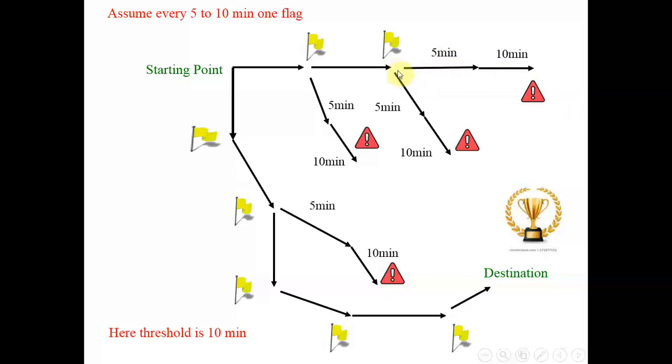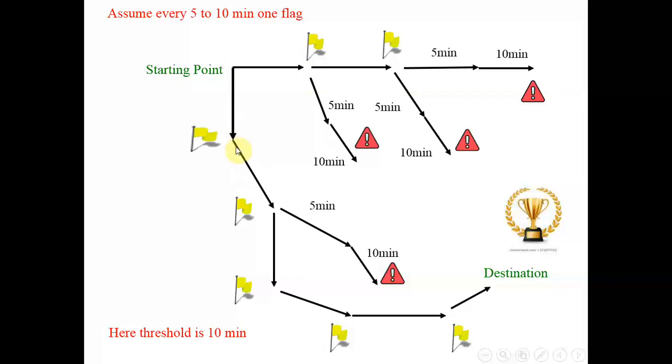Now you have come to this point, and that indicates that this route is incorrect, this route is incorrect, that means this point is incorrect. So you go back here. Now we have already seen that going this way is a wrong decision. Now we have concluded going this way is also a wrong decision. That means this point itself is wrong. Now I have to again come here and take this path.